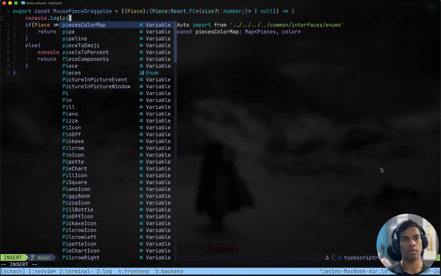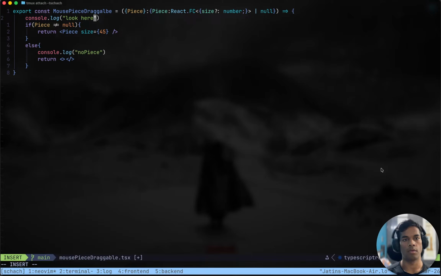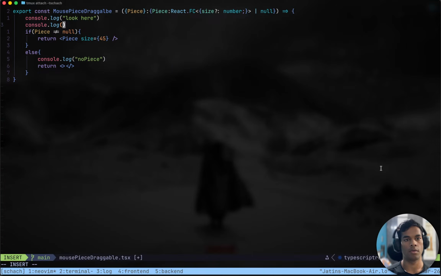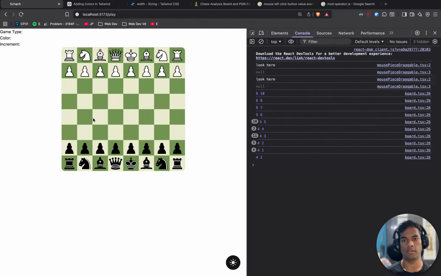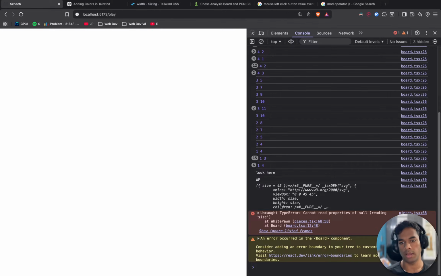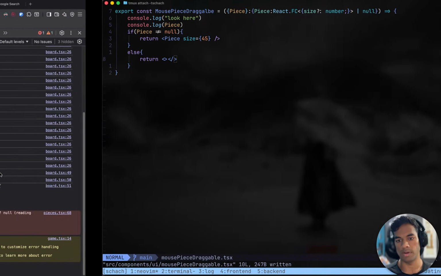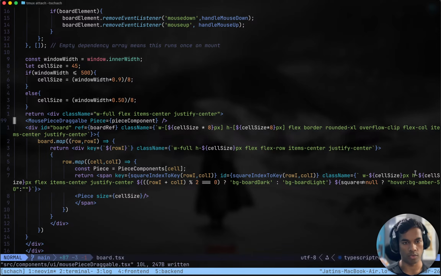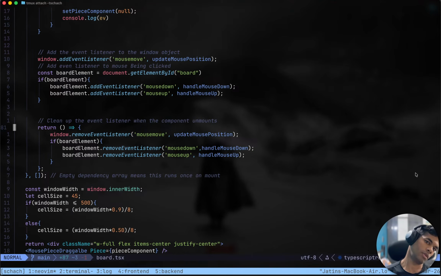Console.log, look here, console.log piece. Okay, let's print the piece. Look here, piece is null, and look here, WP, but we do not see piece null. Okay, so the error is before we call this thing.